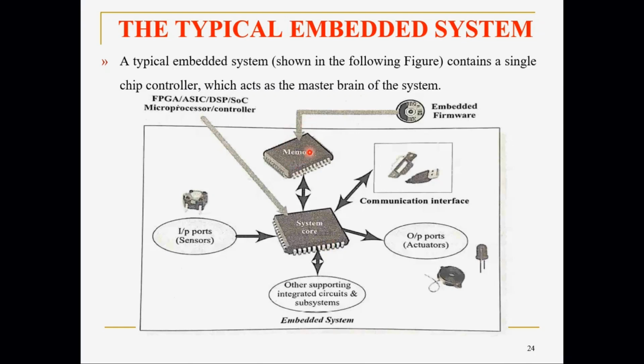Then we have memory. We'll have memory because memory is required. Why? First of all, we have to store the software, embedded system software called embedded firmware. We have to store the code we have written. And sometimes we require to store data, right? It depends. When somebody presses the calling bell, we don't have to store any data. We just have to check whether the button is pressed. If the button is pressed, the speaker is activated. There is no need of storing data.